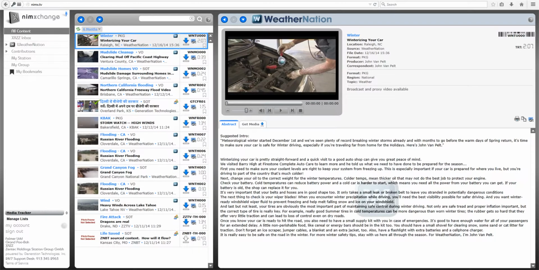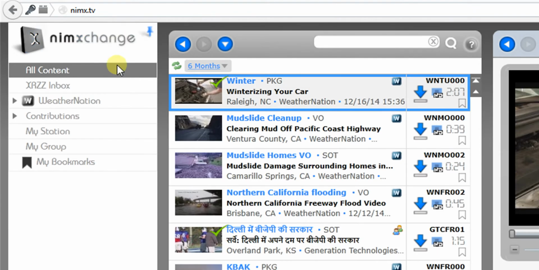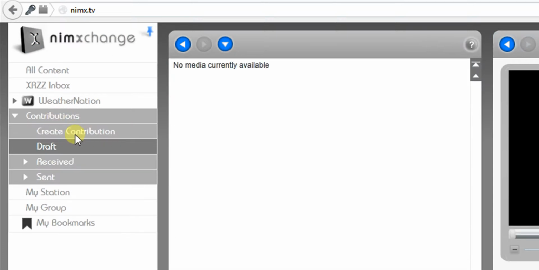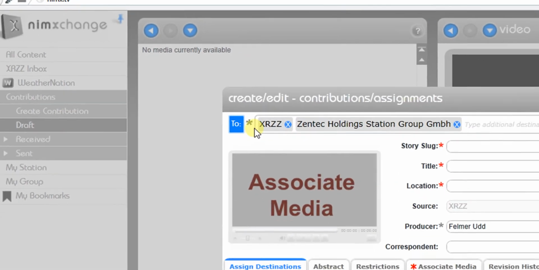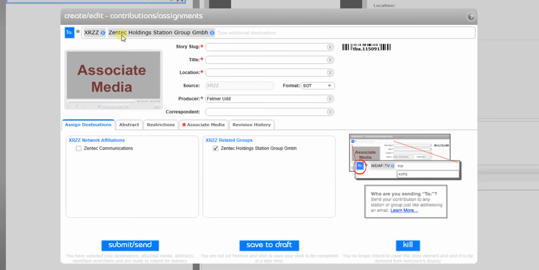In this video, I'd like to show you how you can create your own content and share that content with other stations and station groups with NIMxchange. Just go to the navigation pane and click Contributions and select Create Contribution. This will open the Create and Edit window, and this is where you'll add your video,